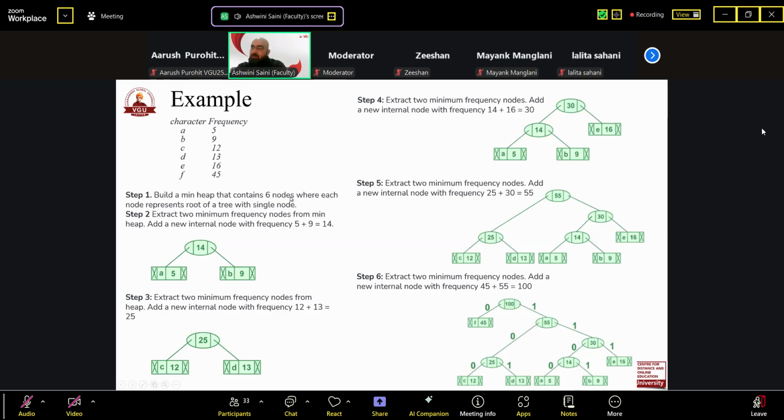Last time we discussed two techniques. One was related to Huffman and another was related to Shannon-Fano. So what was the Shannon-Fano? What was the Huffman? I'm giving you a quick recap. We discussed Huffman coding, in which we were doing